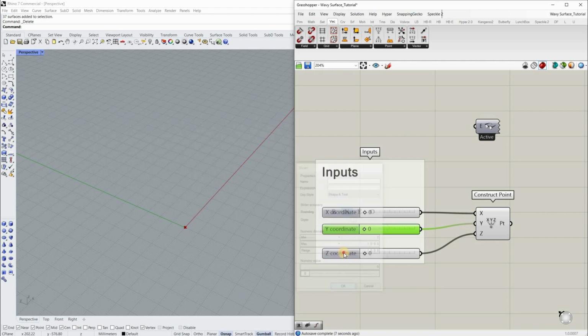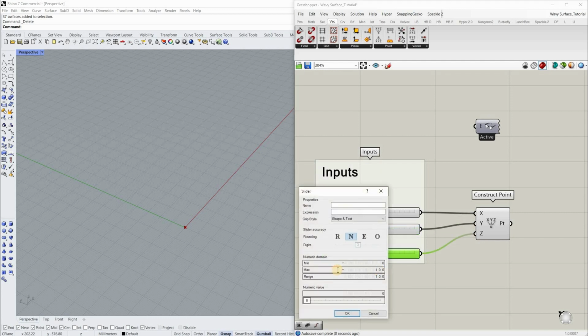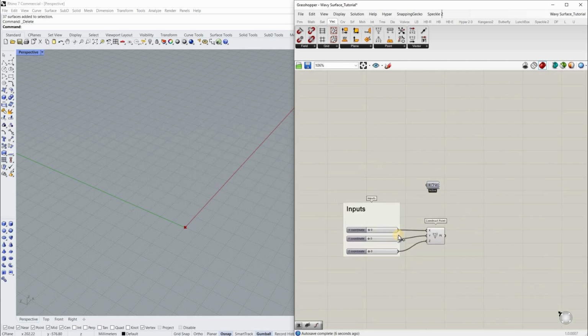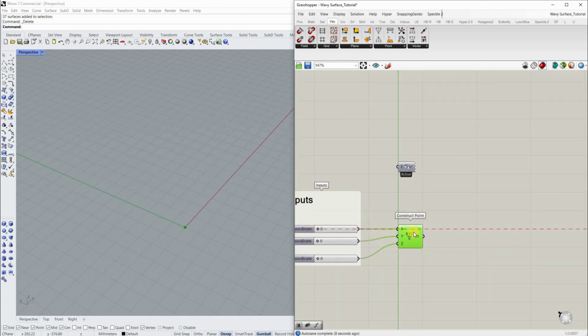1000, okay, and 1000. Okay, so now we have a bigger slider. All right, that's fine. Okay, so the next thing we need to do to host those circles, we need to